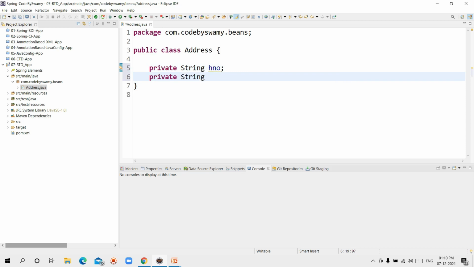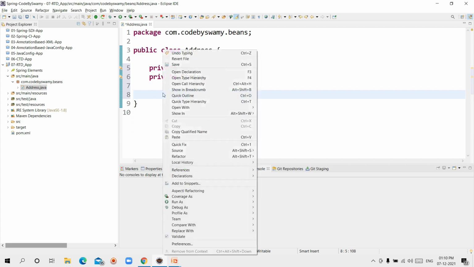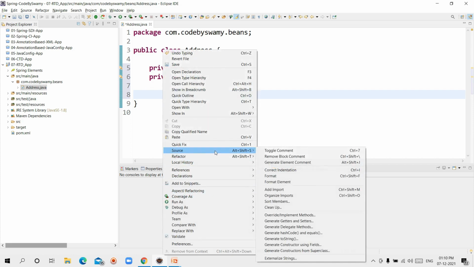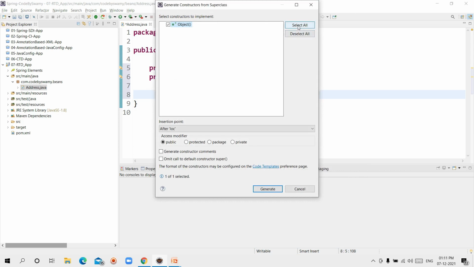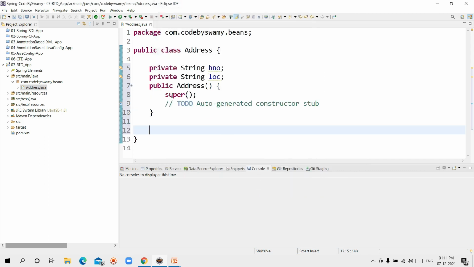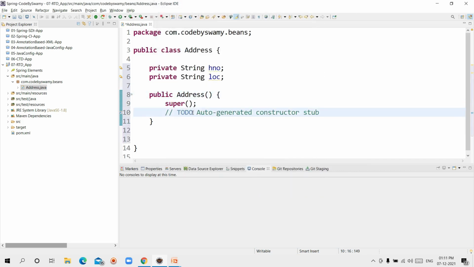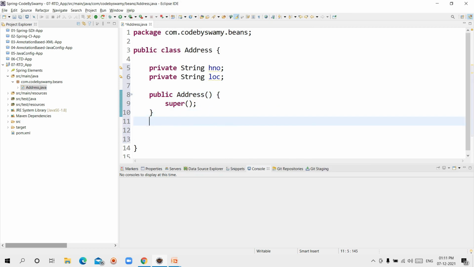Private String location. I gave two properties here. For these I am writing setters, getters, default constructor and toString. First I am selecting the default constructor. Right click on the Address, Source, Generate Constructors from Superclass. Click it. Select all. Generate. The default constructor got generated.